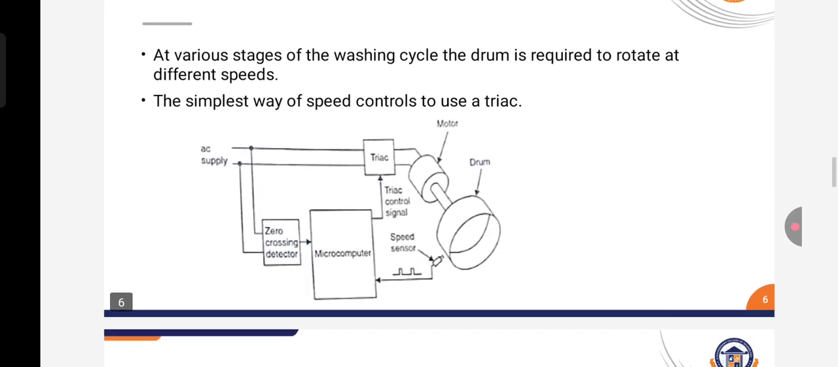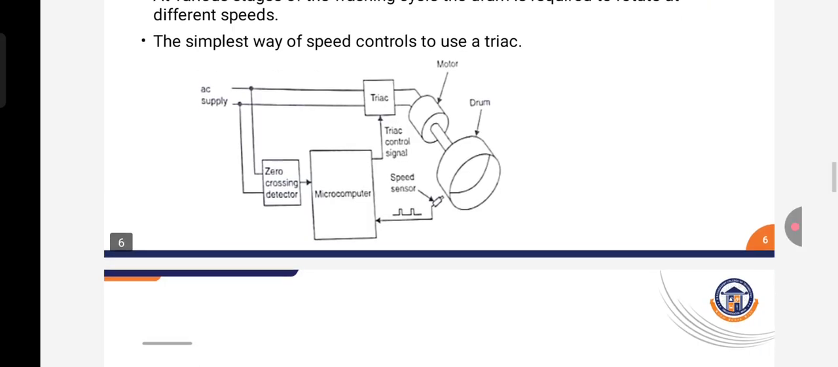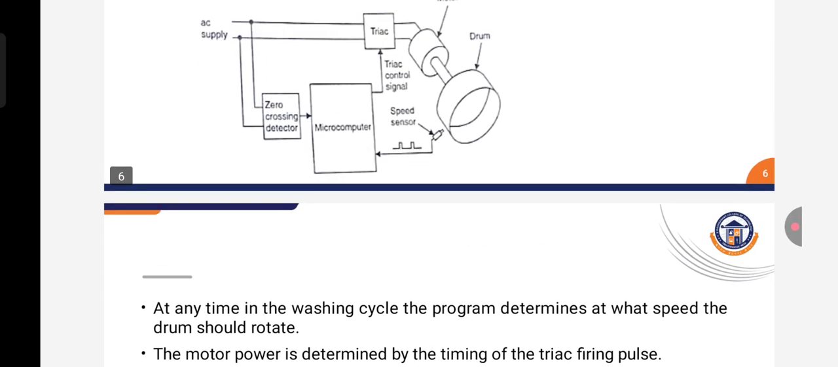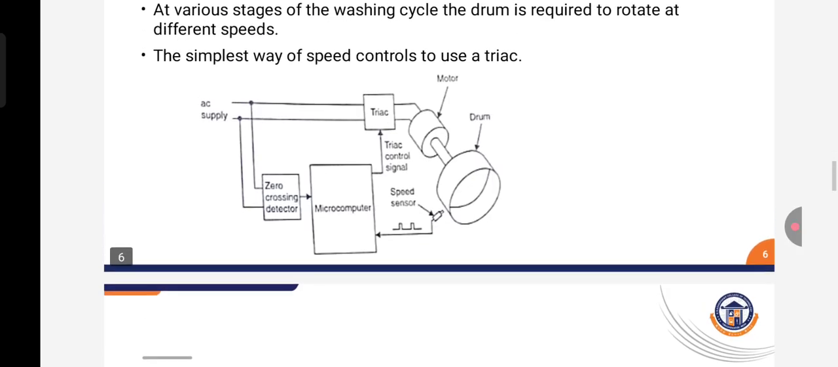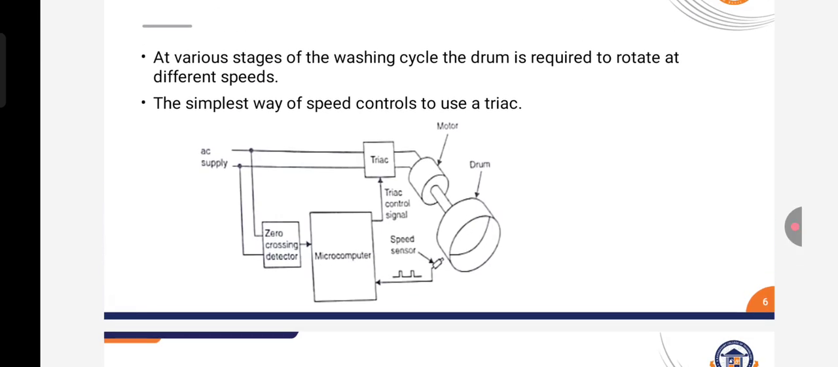clothes. The simplest way of speed control is to use a triac. The power could be controlled by some form of electronic circuitry, but the hardware requirement can be reduced if the microcomputer controls the power directly by firing the triac at an appropriate timing during the cycle. To do this, a controller must detect the zero crossing of the